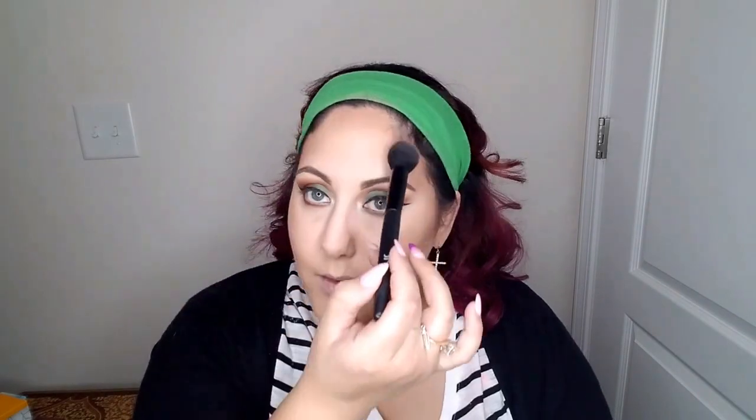And then also come across my brow bone here, right at the arch of my brow. Okay guys, so now that we are literally blinding everybody with our highlighter, I'm going to put on some